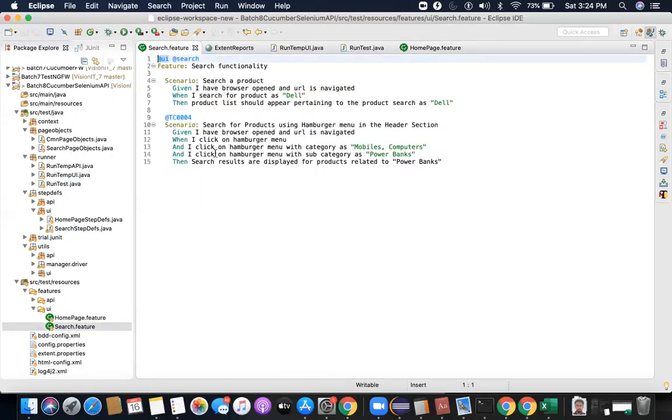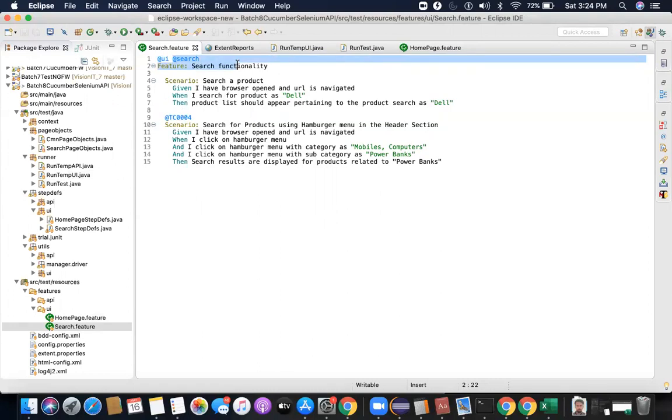We have 3 tag levels, and this can also be an interview question: how many different types of tags do we have? You can say we have 3 levels of tags. One represents UI and API, so @UI and @API. Second is for the modules: search, add to cart, home page, checkout, payments.